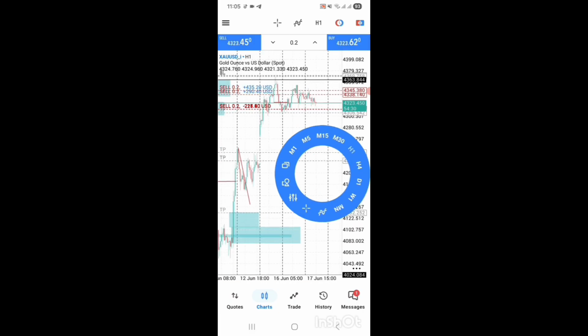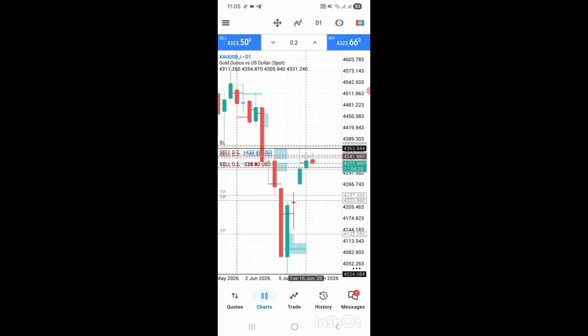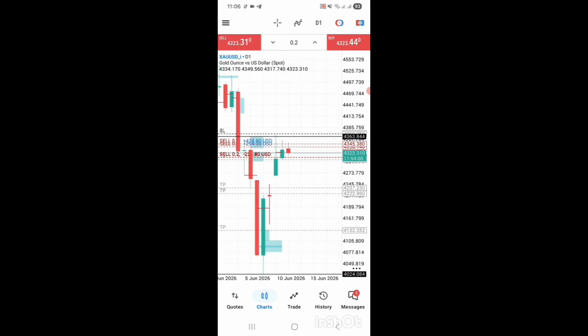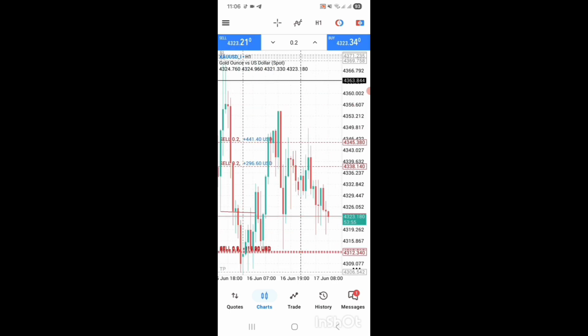However, what I'm saying now with this new structure is that this could also become a high. Once this today's candle closes, we're now looking for price to do a deep sell, mitigate, and then sell again. If today's candle does not come all the way to mitigate and buy, this becomes a new high, whereby we're waiting to go down, mitigate, and then go down again. I'm holding on to the sell. That's all I'm saying. Let's see how it goes.